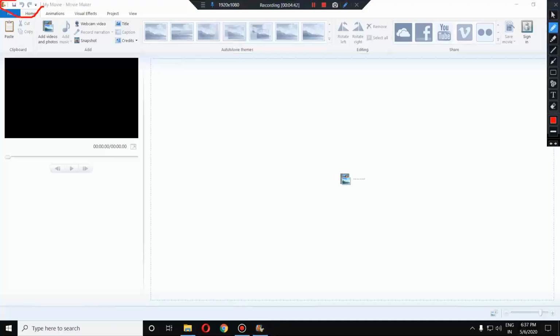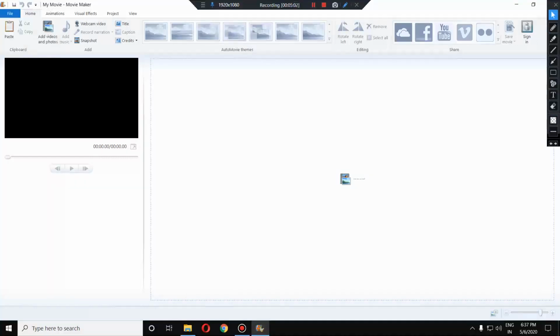This area is known as Windows Movie Maker's quick access toolbar. Along with that, we have a Movie Maker button as well. You can see this Movie Maker button.